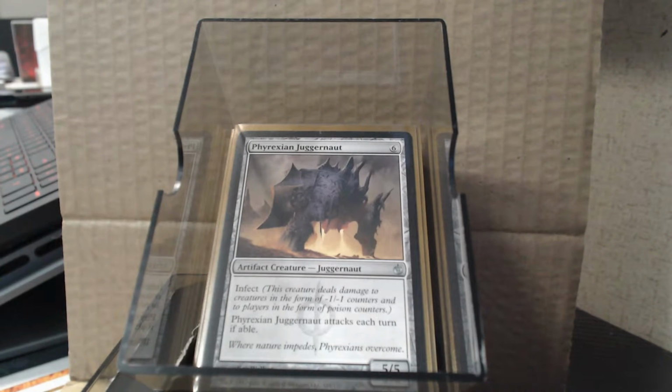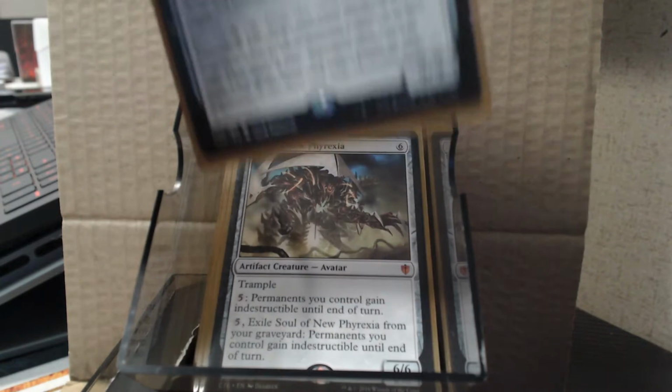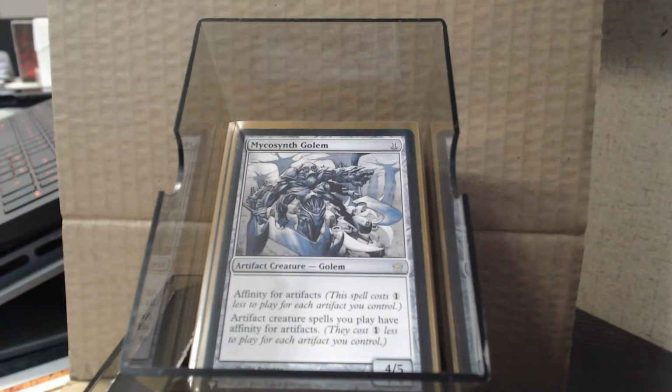Phyrexian Juggernaut with the infect. Soul of New Phyrexia. Phyrexian Triniform, so we can get more back later and do it again. And to round it off,